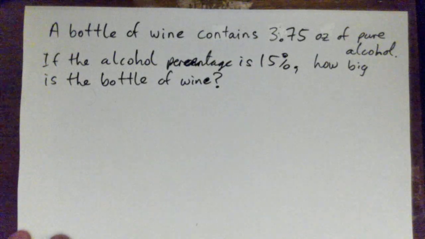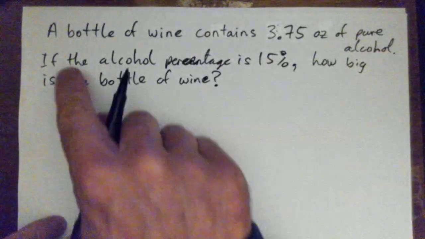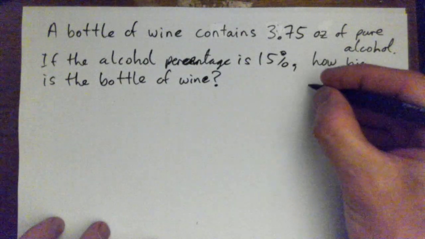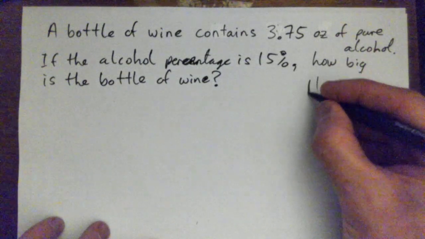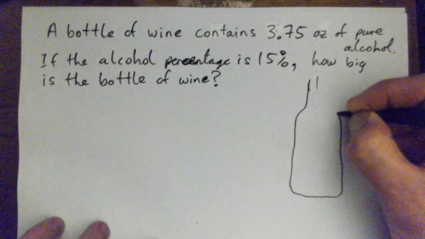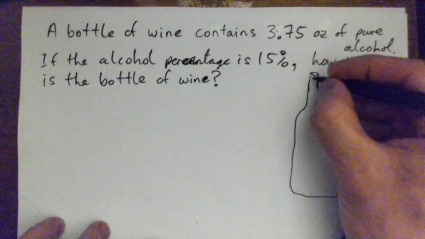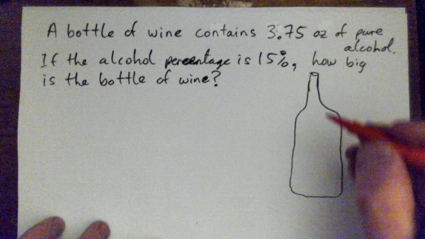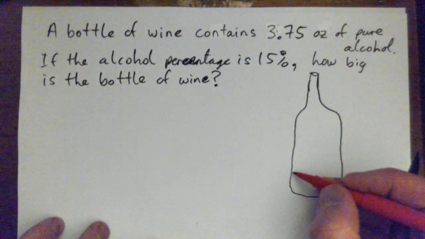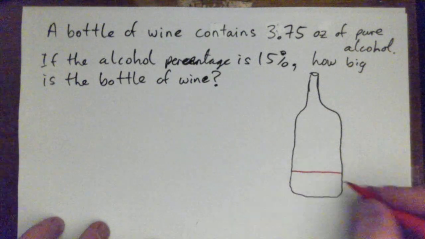Sorry about that. Okay, so the bottle of wine contains 3.75 ounces of pure alcohol. If the alcohol percentage is 15%, how big is the bottle of wine? So basically what we're saying is, here's the bottle of wine, badly drawn, and it's 15% alcohol. If you were to separate the alcohol part from the non-alcohol part, this 15% of